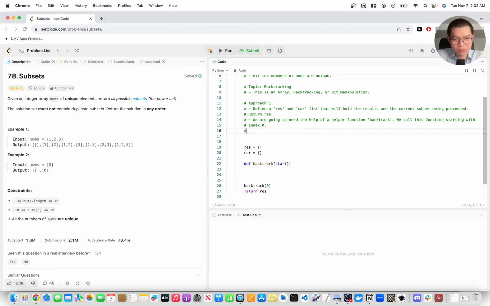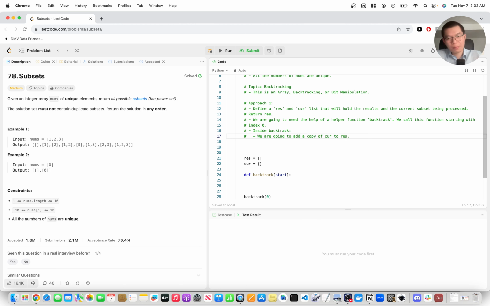So this is what we're gonna do, inside backtrack. We are going to add a copy of cur